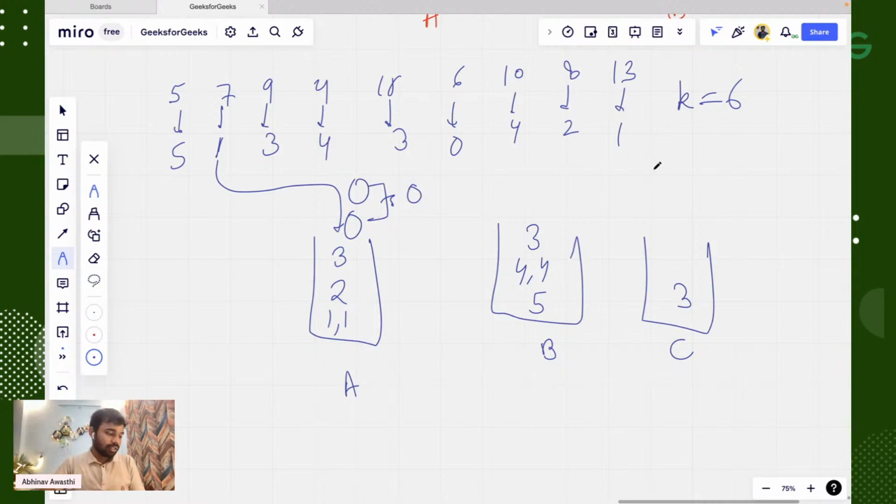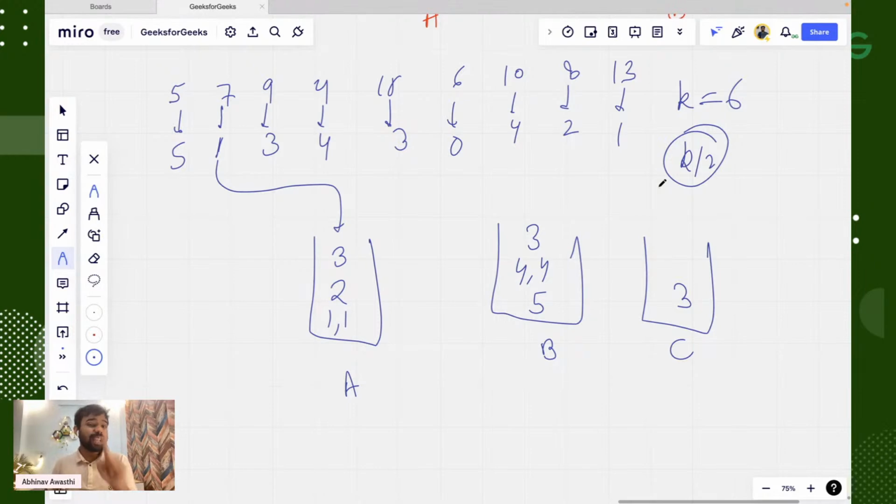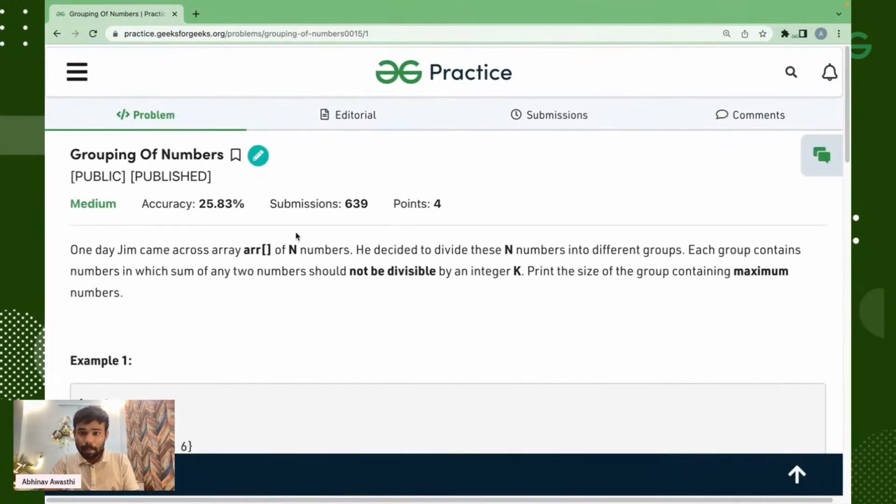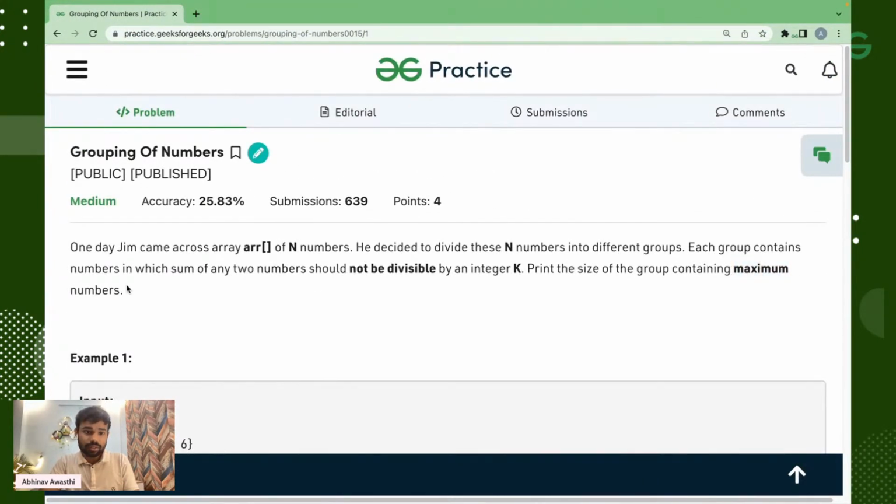तो आपने कहा ये तो हो गया, समझ में आ रहा है? तो 0 भी सिर्फ एक आ सकता है, और बेसिकली k बाय 2 भी सिर्फ एक आ सकता है, ताकि उनका सम जो है k ना हो जाए। तो जब भी हमें 0 मिलेगा या फिर k बाय 2 मिलेगा तो हम लोग लेंथ को सिर्फ 1 से बढ़ाएंगे। हमें देखो, हमें क्या चाहिए? वी वांट मिनिमम लेंथ हियर, मैक्सिमम नंबर्स जो हो सकते हैं एक ग्रुप में, ठीक है।